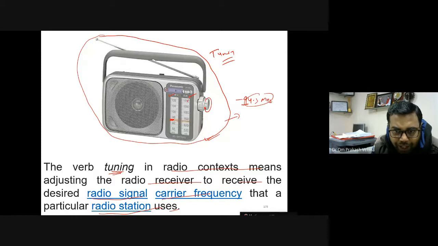In the case of AM, amplitude modulated signal, as you know, the noise interference is very high in comparison to FM. So when we slid the knob in AM to fix the station, even then noise interference from two or three stations used to come at that time.